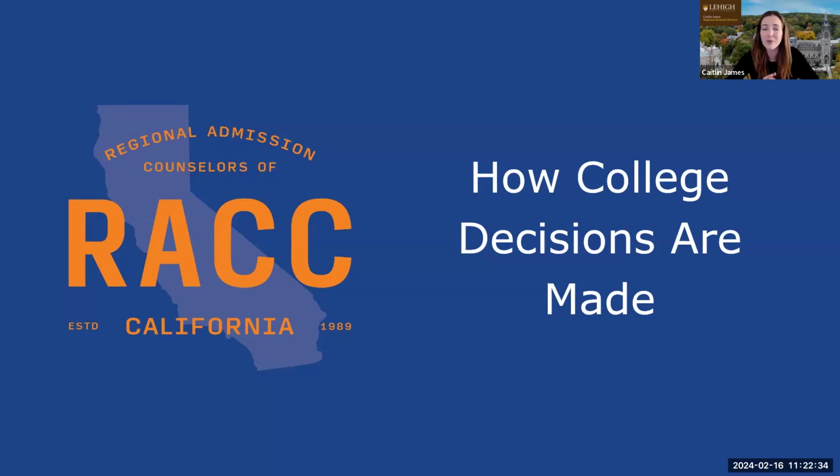It is imperfect. It will not always make sense. The most that you can do is just lean on yourself, make sure that you are taking responsibility of your application, you're doing the best that you can, and you are focused on your own journey, because wherever you go is going to be a great place, and that university or that college or that pathway is going to be so lucky to have you there no matter what.